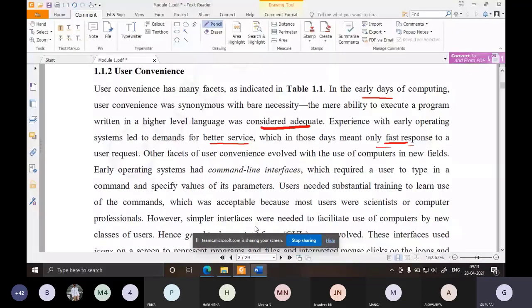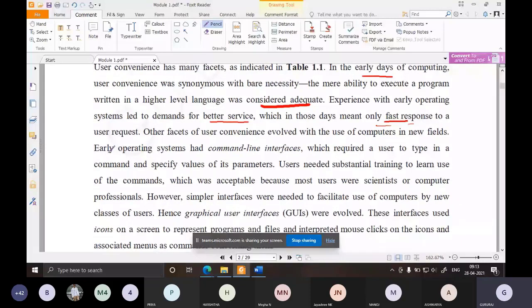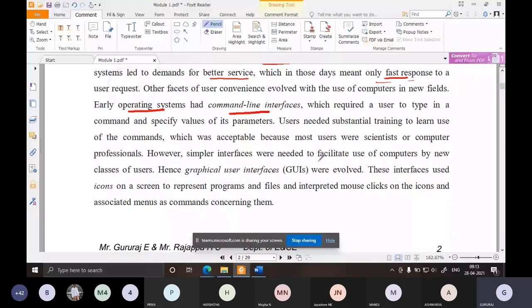So the early operating systems had command line interfaces, whatever I showed in DOS, pre-DOS, right? So you have to remember the commands, which required the user to type in a command and specify values of its parameters. The users needed substantial training. You can see here, to just use the computers, the users needed training. In those days, they used to train the users to use the systems. Substantial training to learn the use of commands was acceptable